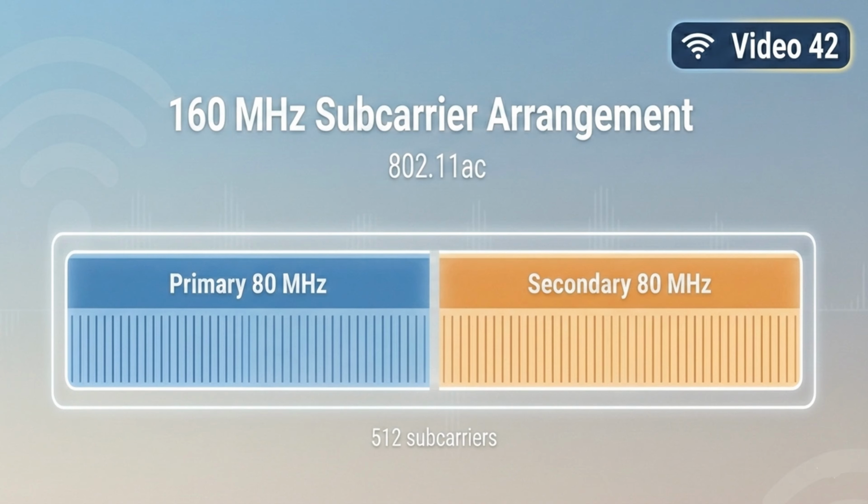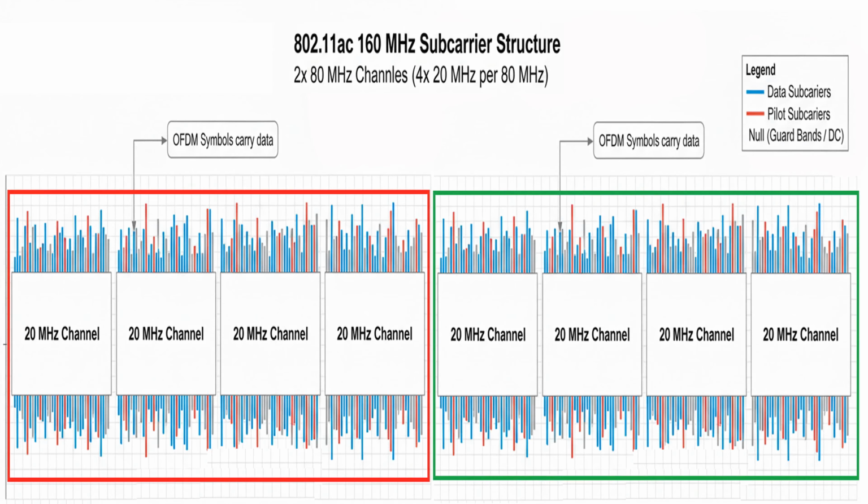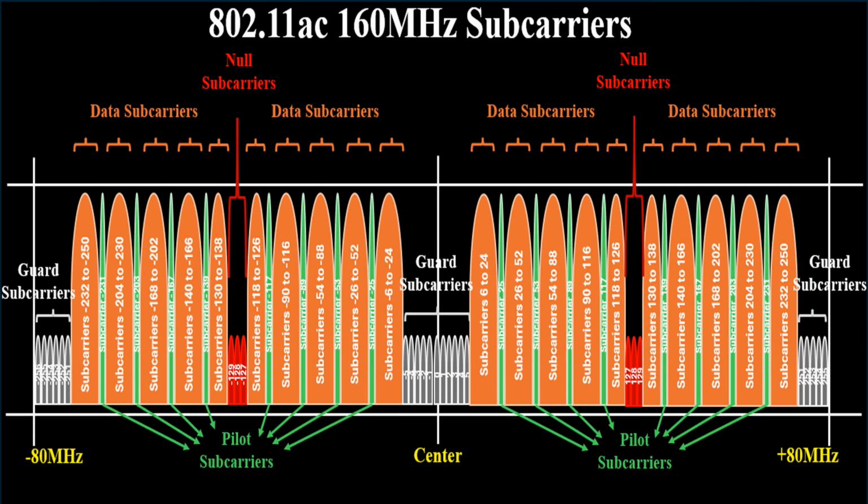Subcarrier arrangement in 802.11ac 160 MHz channel. Let's visualize how subcarriers are structured in 802.11ac 160 MHz channels. Unlike 40 MHz or 80 MHz channels, two 80 MHz channels are bonded side by side for 802.11ac 160 MHz